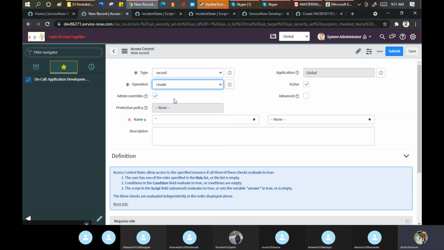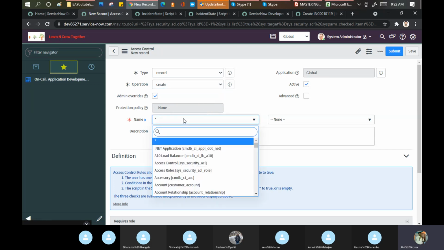I say create. This is the beauty of this particular part, that you can define the ACL on the system level or on the table level. If I put the star, it means this ACL will be applicable for all my tables in ServiceNow.